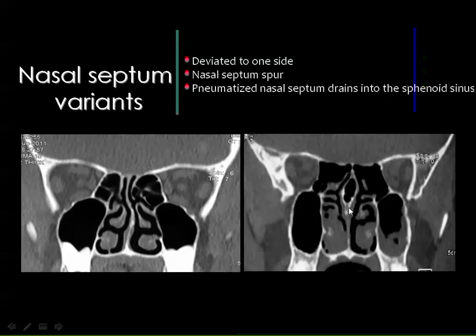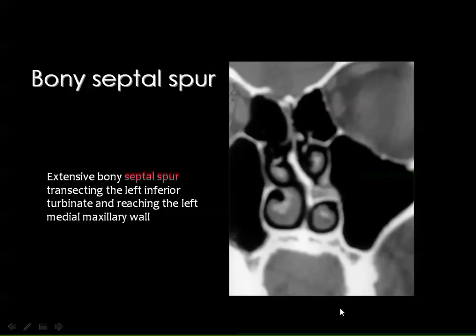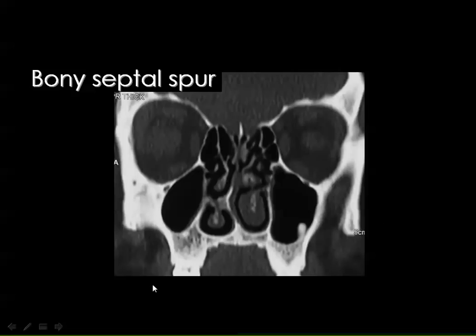pneumatization of the posterior part of the bony nasal septum, and you see here air within the nasal septum, and this is known as bony spur of the nasal septum. You see this part of bone connected to the nasal septum obstructing the nasal fossa on the left side. And this is also an example of bony nasal septum spur to the right side. The septum is a little bit deviated, and you can see the bony spur projecting into the right